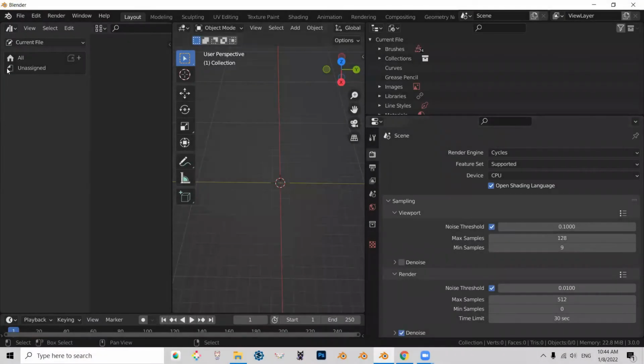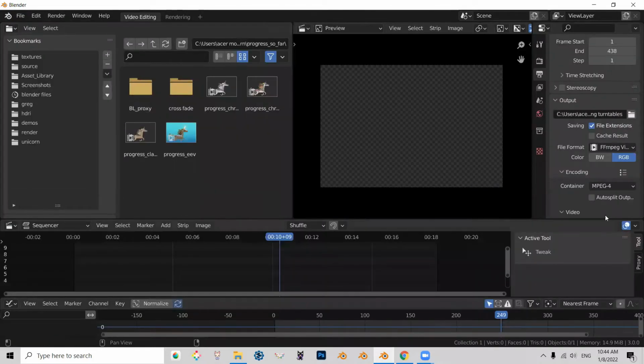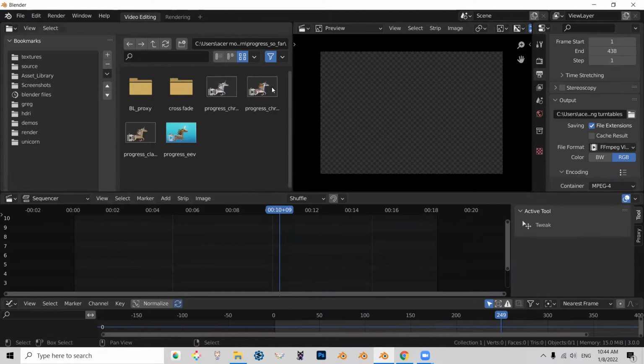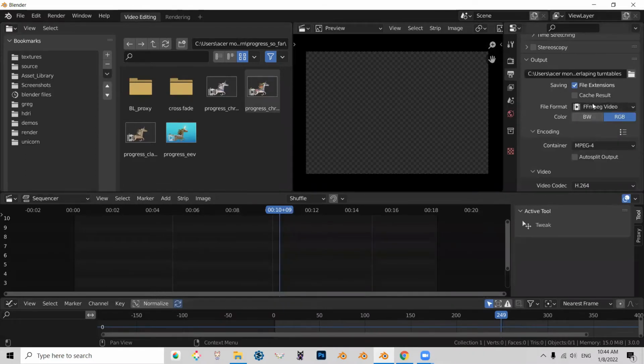First thing we need to do, we need to go File, New, and then we're going to choose Video Editing. Okay, so I set this up so the video clips already come in, right? So, and I conveniently can drag them in. So I also set up my render pass, right? So it's going to go someplace where I can retrieve the files from, and it's going to render the video,